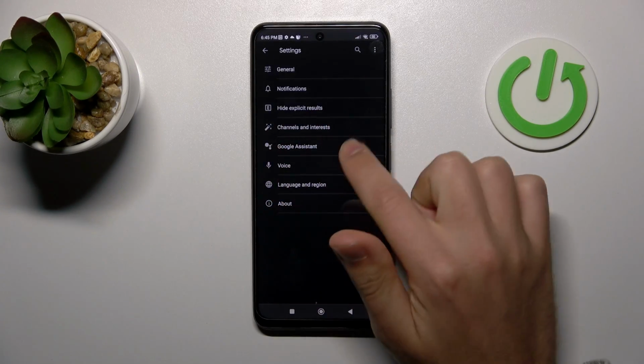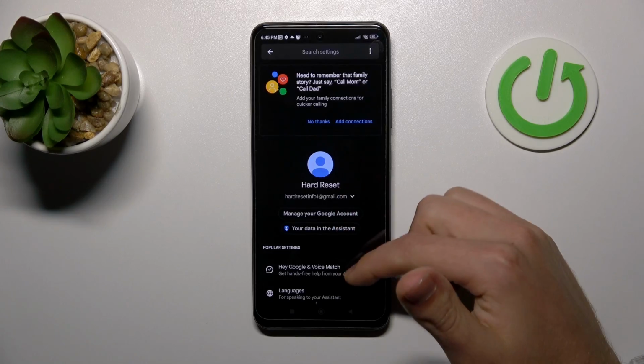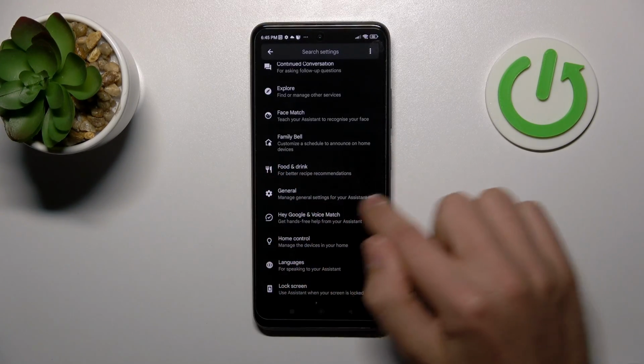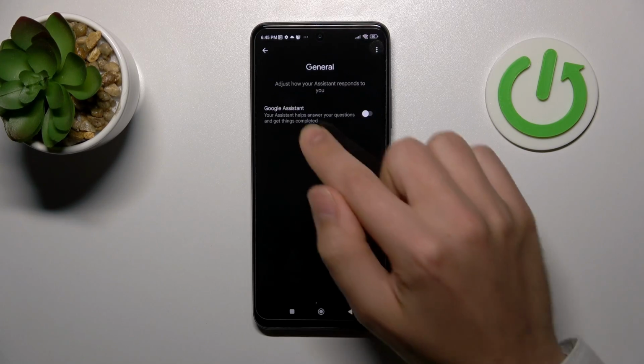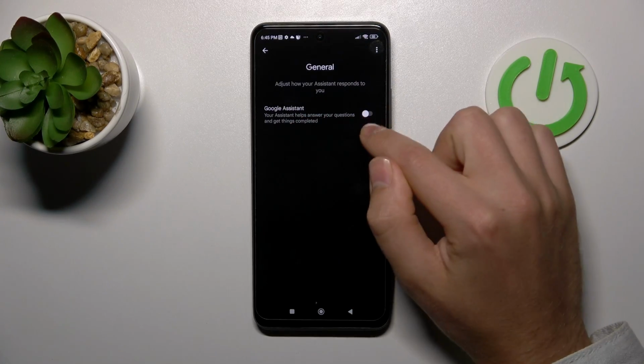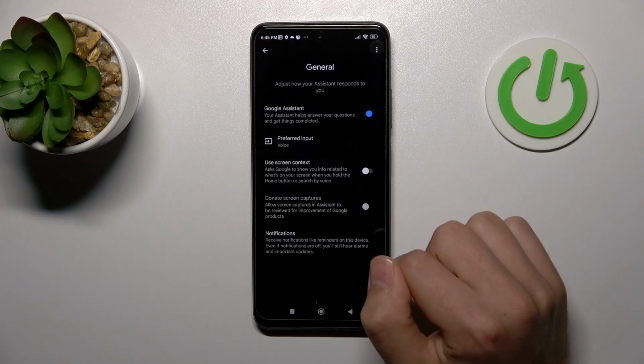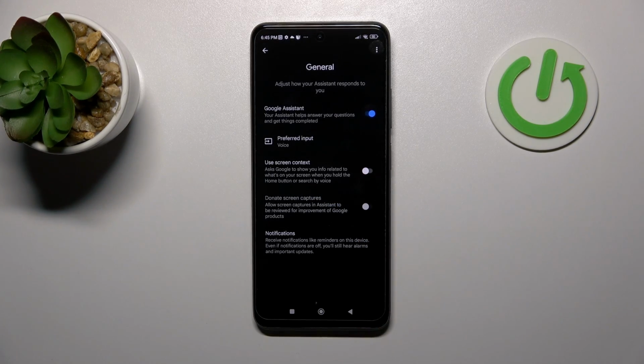Here we'll go into Google Assistant option. And now scroll down and find general option, this one. And now tap here on the switcher to activate your Google Assistant and confirm operation, tapping turn on one more time. And that's it, now we activate our Google